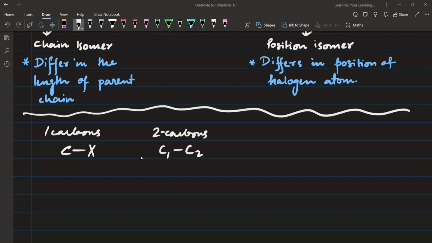Makes sense. There is no other possibility; carbon 1 will always be attached to carbon 2. That's it. Now, if you attach the halogen to the first carbon, the second carbon is not going to change anything. Does that make sense, Amna, Mariam?